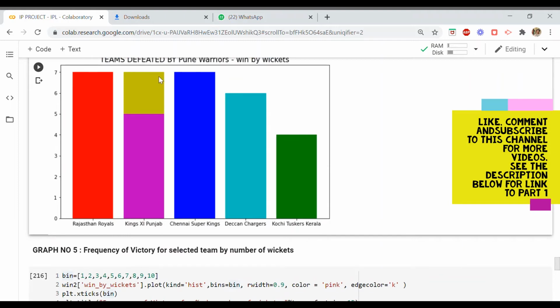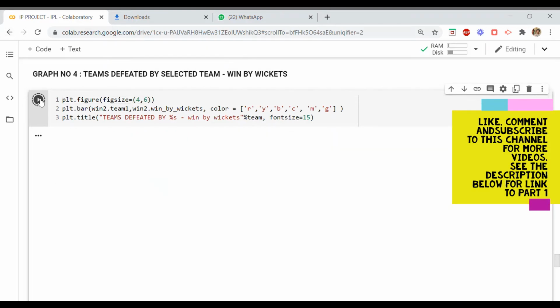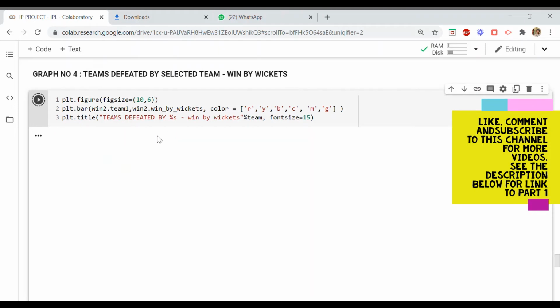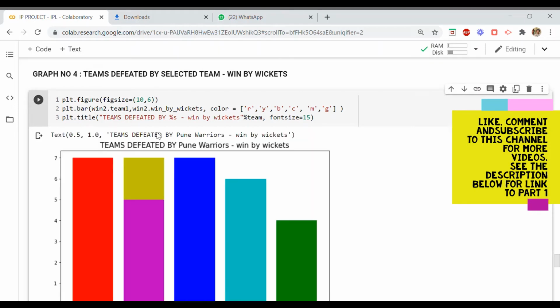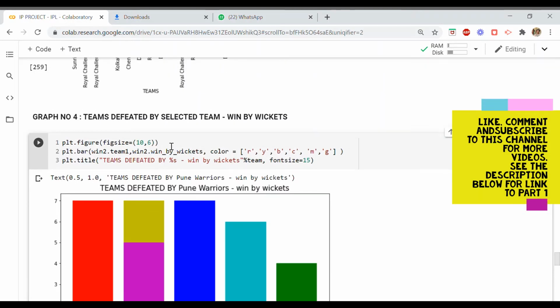So if I change the value on the x-axis, let us say if I say 4, we can see that the graph size will shrink on the x-axis like this. Similarly, if I change the value on the y-axis, it will change the height of my particular graph. So accordingly, depending upon my presentation, because my names were overlapping, I have expanded my graph on the x-axis, which can be adjusted with this particular command.